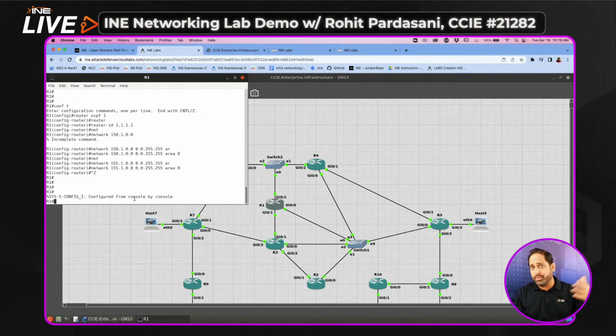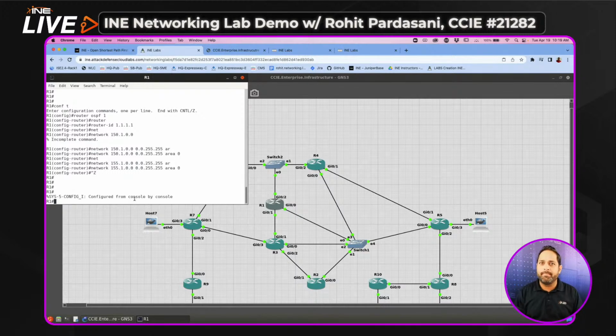CCIE Security is also in the process of being added, and all of these labs are going to be for each of the technologies that we have a video for. So any video would have a lab associated with it, and quiz questions associated with it. Yes, if you don't see a lab for a video, there will be two reasons for it. Either that video is a theoretical concept and there are no labs for it, or we haven't really built it yet,